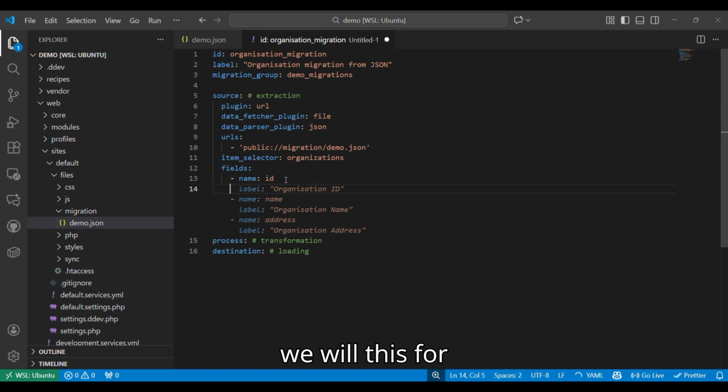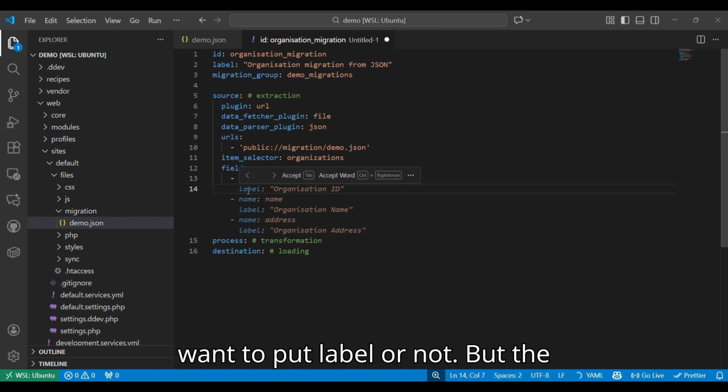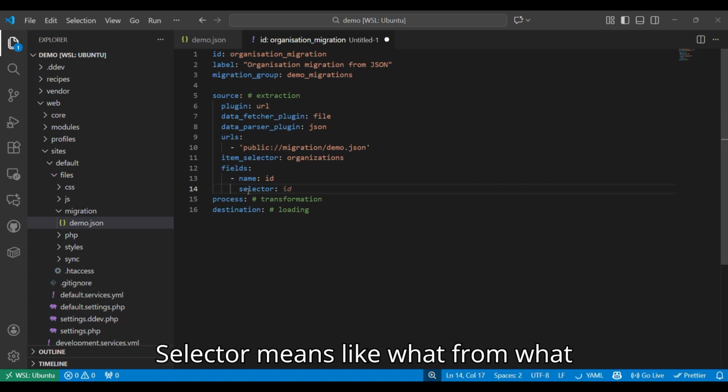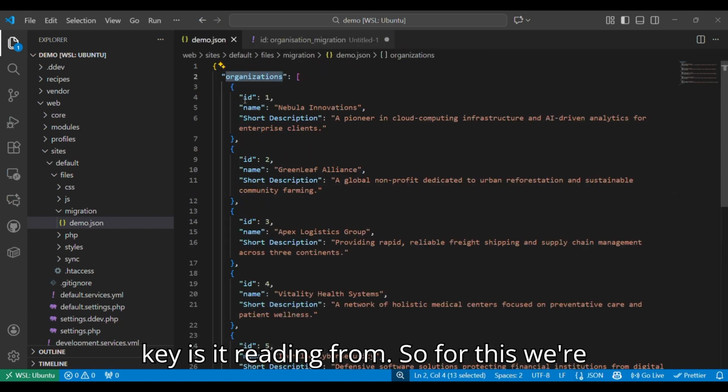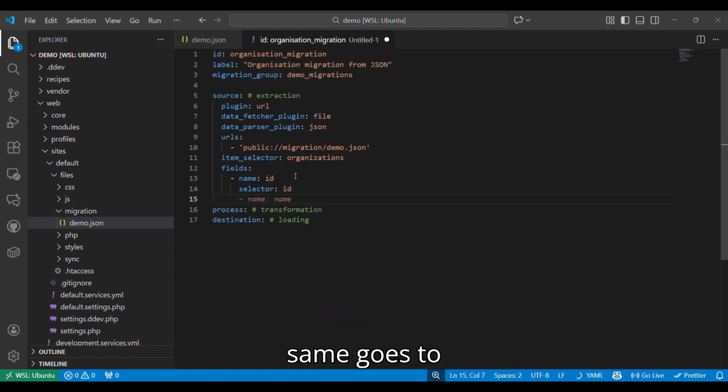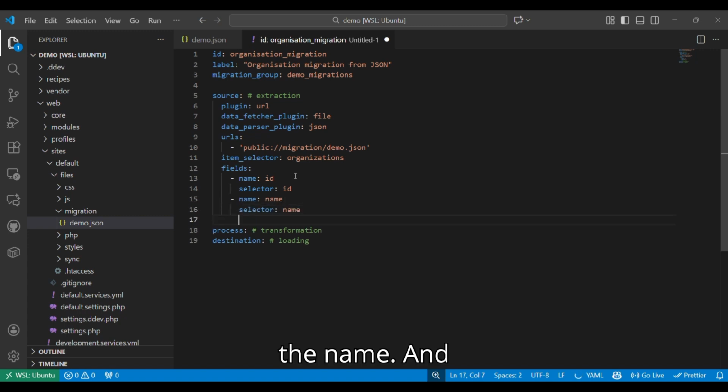And the label is actually optional, whether you want to put a label or not, but the important part is the selector. Selector means what key it is reading from. So for this we're reading from ID, and the same goes for the name, and finally the